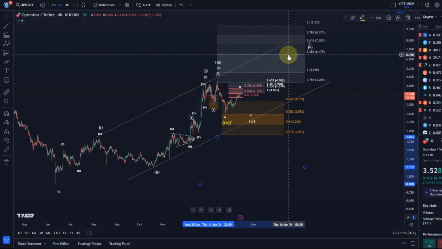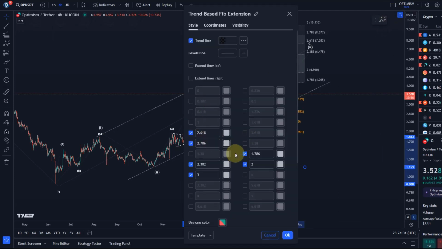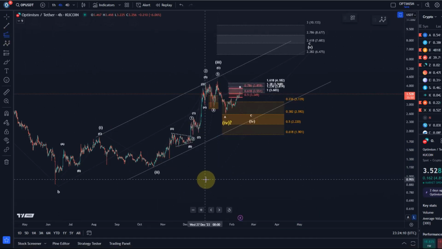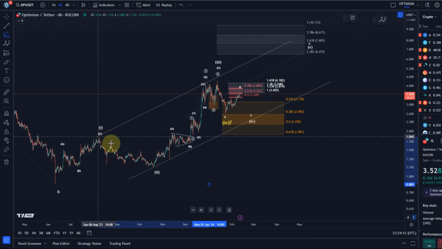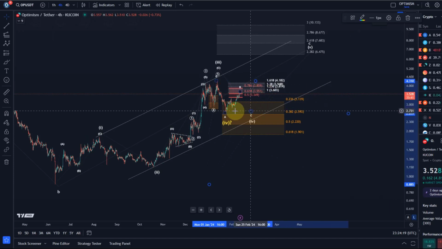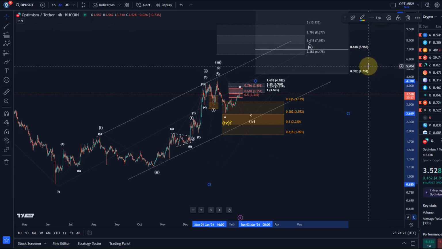However, there is currently no evidence that the fourth wave is complete. So let's talk about the short-term bullish and short-term bearish scenarios. But also, there might be another way of calculating targets. What we can also do is take the length of waves 1 and 3 together, then go to the low of the fourth wave. Of course, I have no confirmed low in place for wave 4, so this is still subject to change.